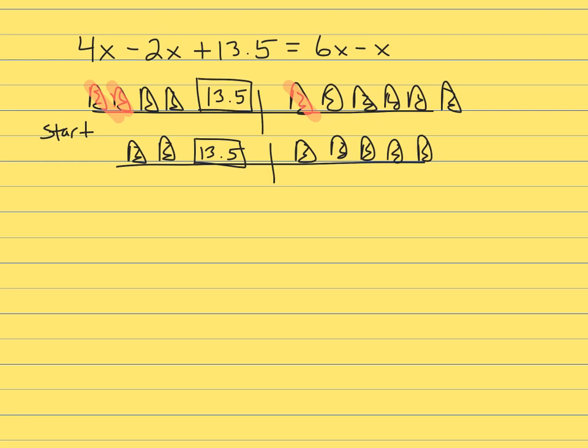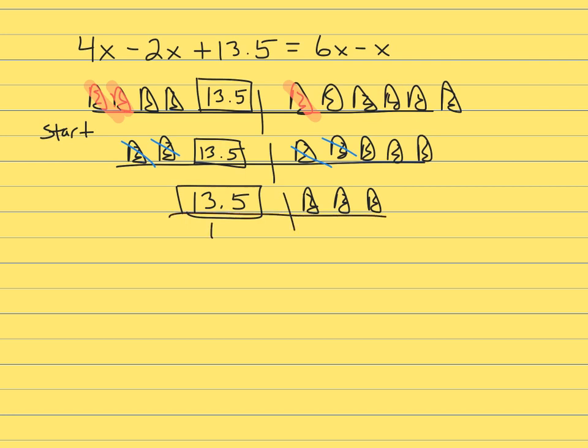Now I don't have numbers on both sides, so the only legal move I can make is to remove triangles from both sides. I can remove 2 triangles from the left, and 2 triangles from the right, leaving me with 13.5 on the left and 3 triangles on the right,